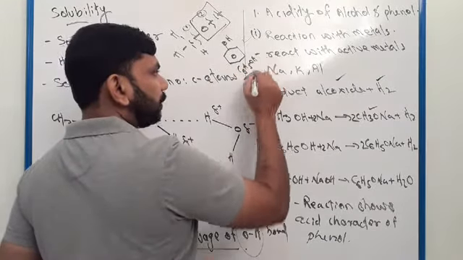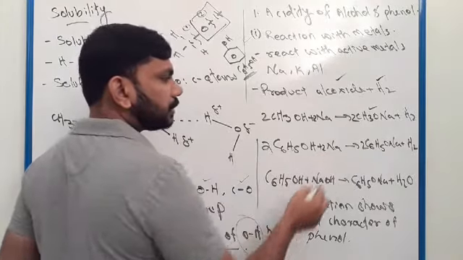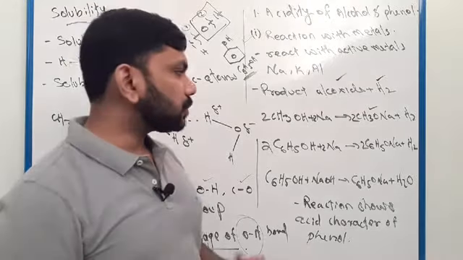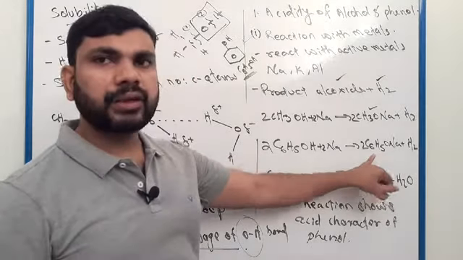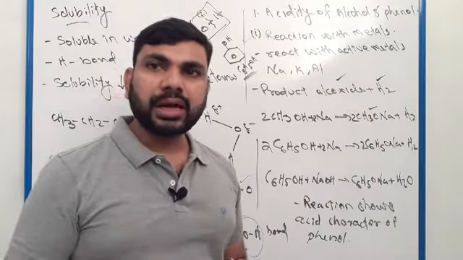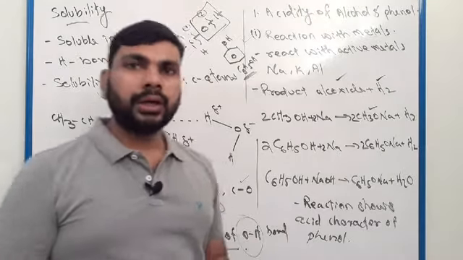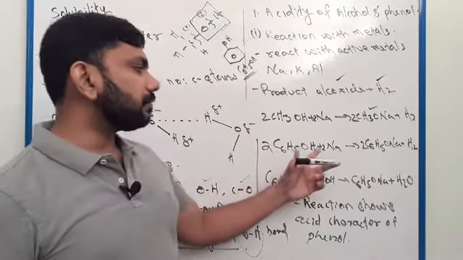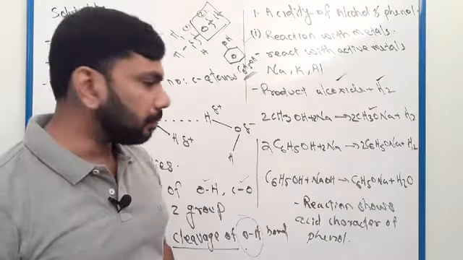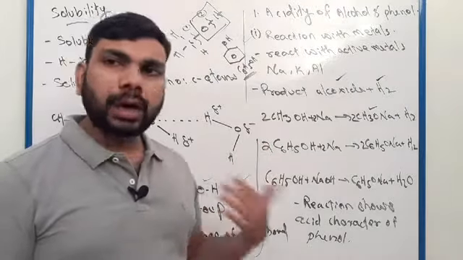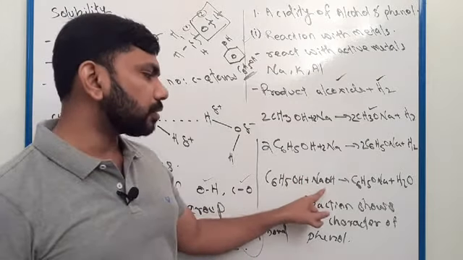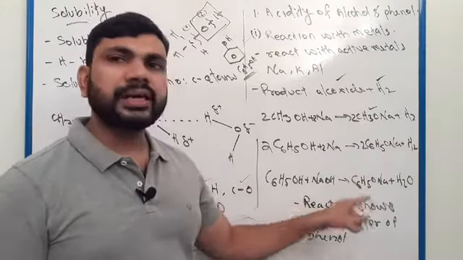Simply you can write C6H5OH, both are phenol. So phenol reacted with the sodium gives C6H5ONa plus hydrogen gas. So this is sodium phenoxide. We discussed in the previous video, sodium phenoxide after acidic hydrolysis will be phenol. Also, you have to remember, compared to alcohol, phenol is more acidic and it will react with sodium hydroxide and form sodium phenoxide and water.